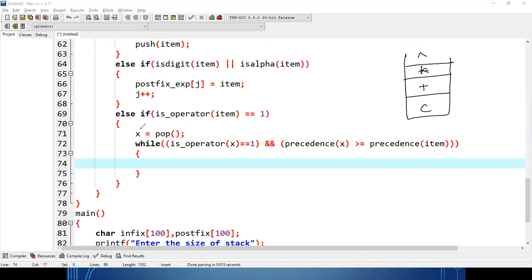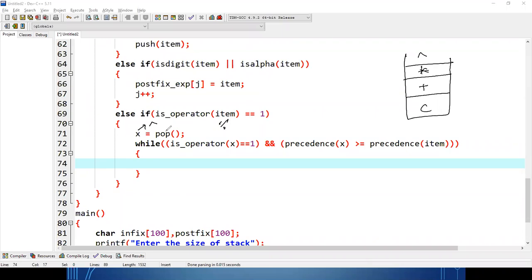This x is my power, suppose. Now suppose the item we have scanned has the value modulus. So what is on the stack top?